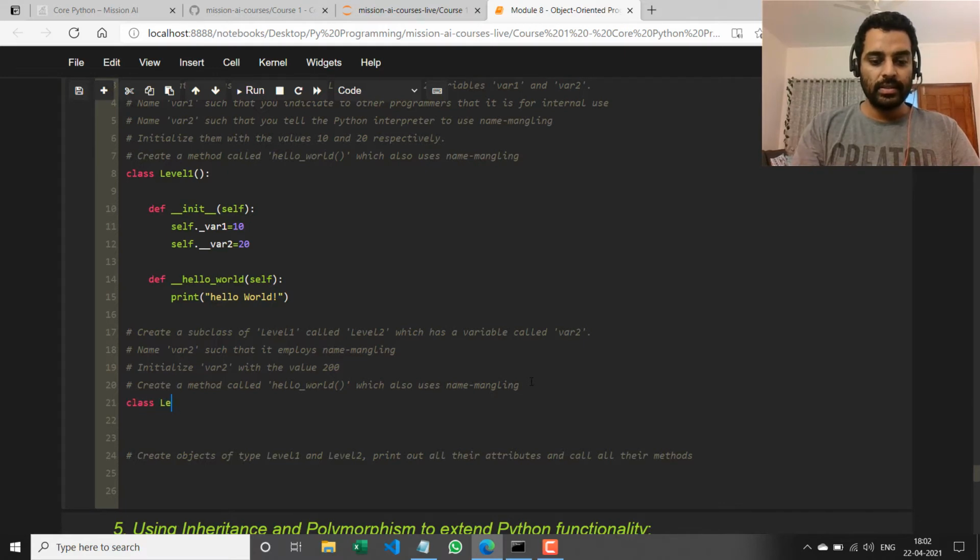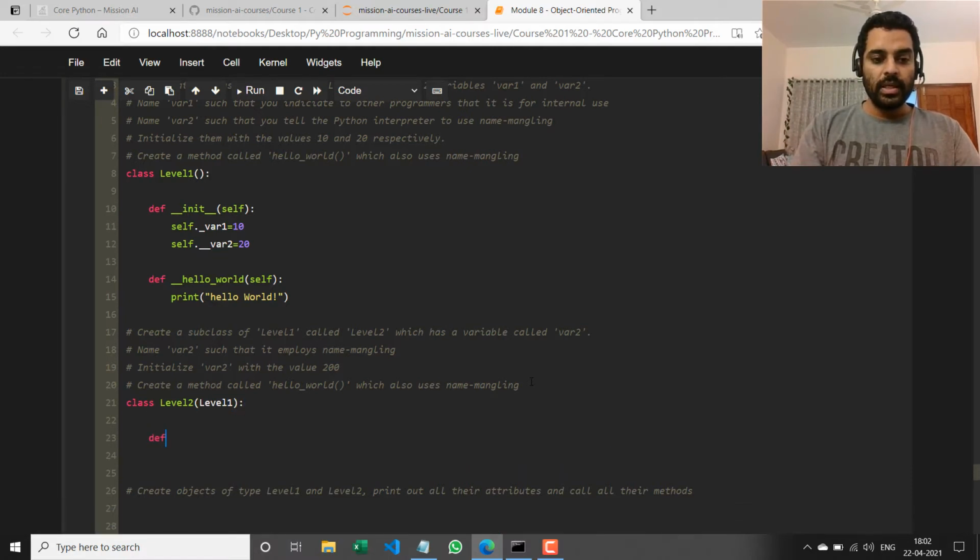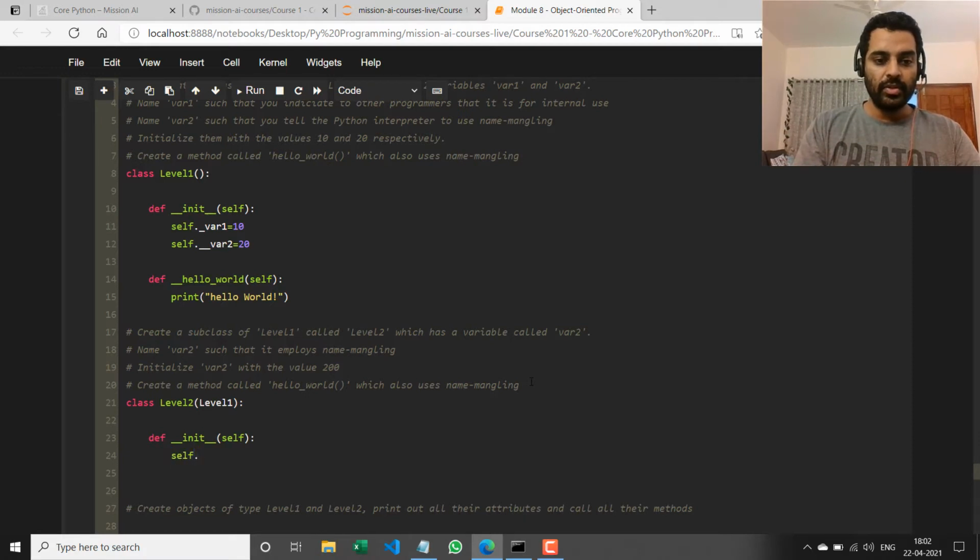So I'll say class Level2, which is a subclass of Level1, right? I'm going to create this constructor, the init method, which takes self as an input. In that, I'm initializing one variable which uses name mangling. It's called __var2, and I'm initializing the value 200, right? I am also defining __hello_world, which uses name mangling. So underscore underscore hello world, which takes self, and print